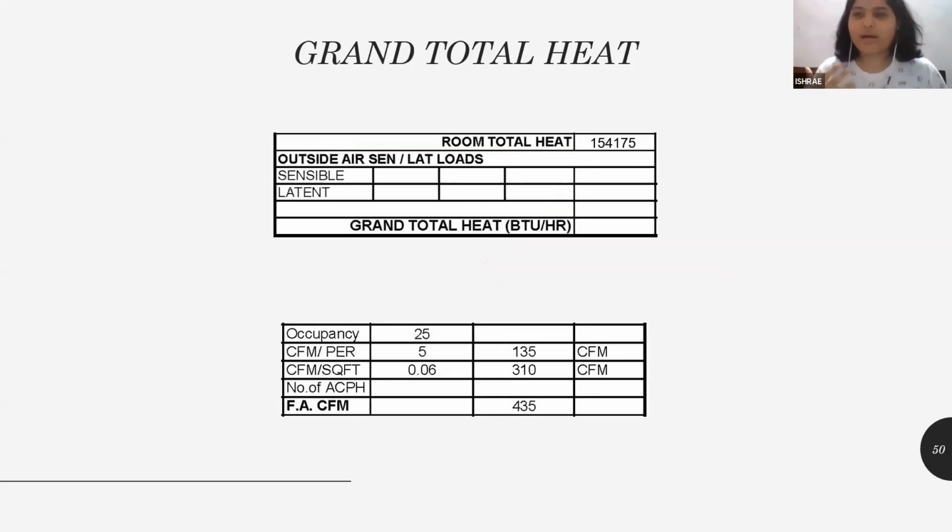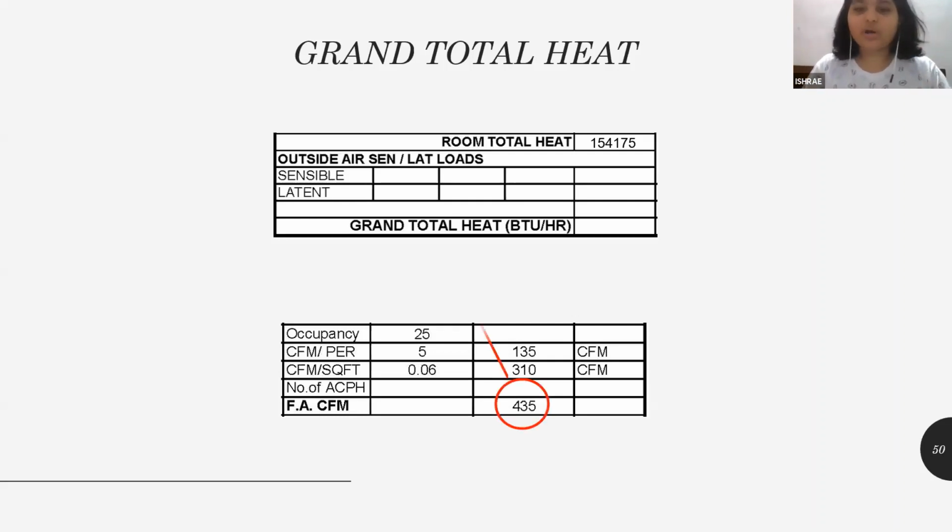I as a person, if I'm sitting in a room, I will emit some amount of heat. Bahar se jo infiltrated hawa aayega, that will give out some amount of heat. Appliances will give some amount of heat. But there is this particular quantity of air that we are passing over the AHU's coil that is completely untreated. So if that is going to go over the coil along with this latent heat load and all, uska bhi to kuch load rahega. So that is what we are going to calculate here.